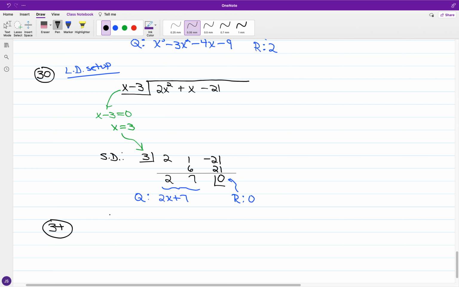And in the case of what we have, say for 34, this is one where you definitely would prefer synthetic division. Okay, so we've got a linear divisor. We're back to x minus 2. And the dividend, we have to be fifth order, and it's like all the places will be filled. So you got 2x to the 5th